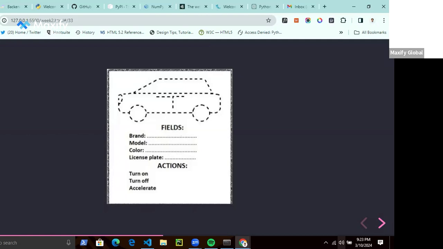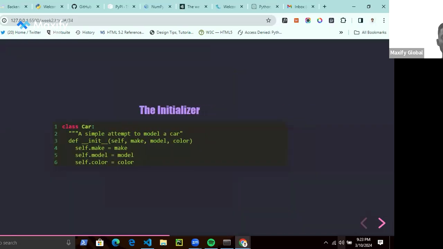So I just defined a class, but that's not all. A class also has another thing called the initializer. This is like a constructor. If you are defining a class, you must use this initializer. It's a special function in Python called __init__. Now, if you define this function inside a class, it helps you create an instance automatically.